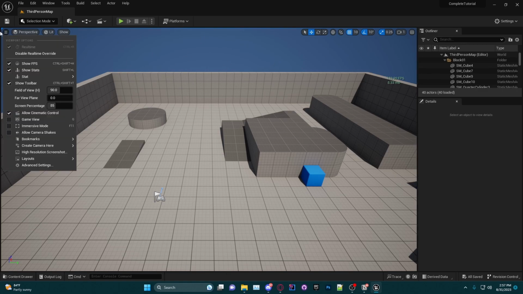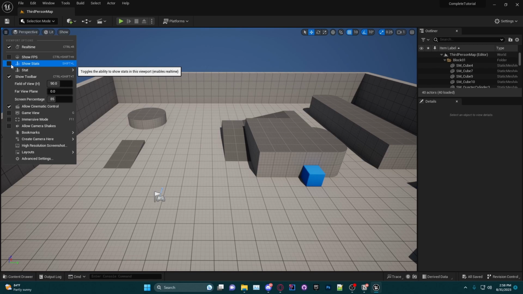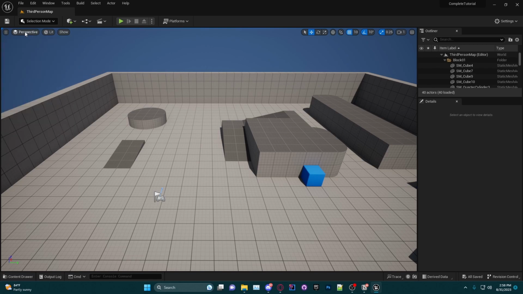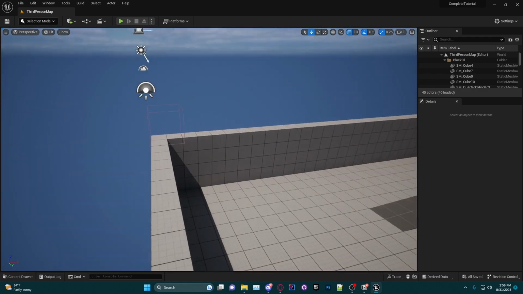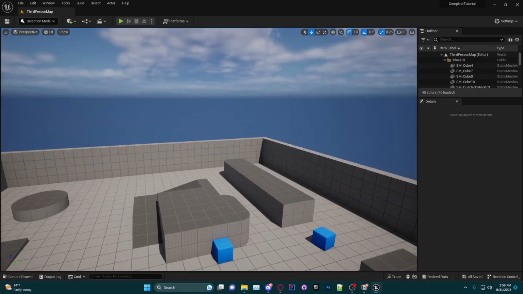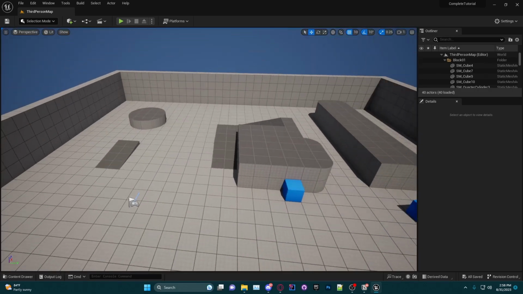So that's what that is. I'm going to disable show FPS right now. We're going to head over to the next thing, which is this. So this will allow us to change our view mode, or how we're viewing our viewport. So right now we're in perspective, which is basically as if I were a camera that is flying around. So imagine I am a camera right now, and I'm controlling a camera, and I'm flying around looking at everything